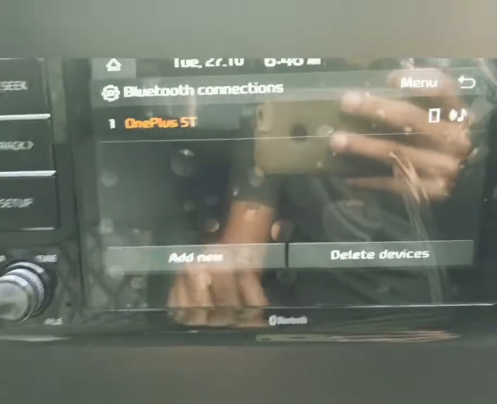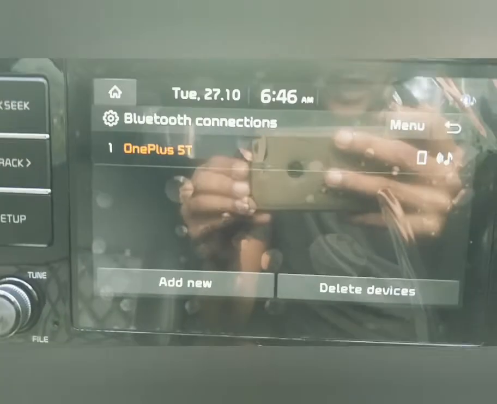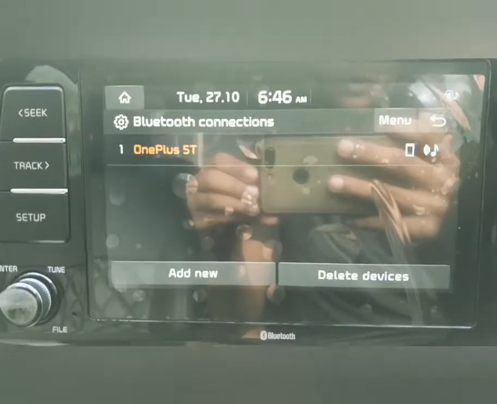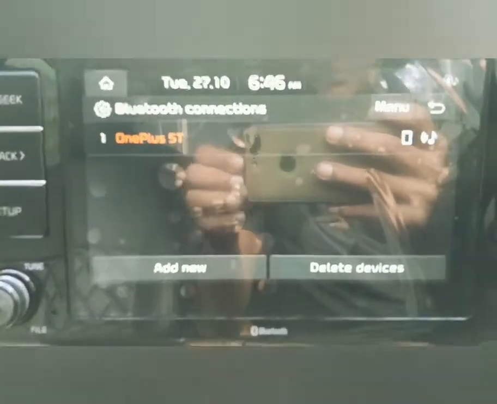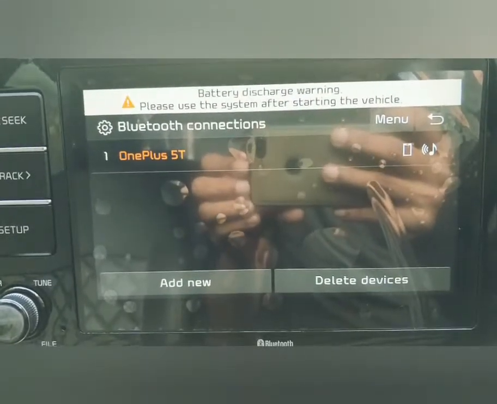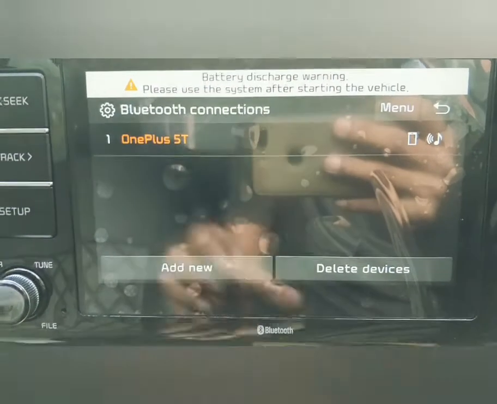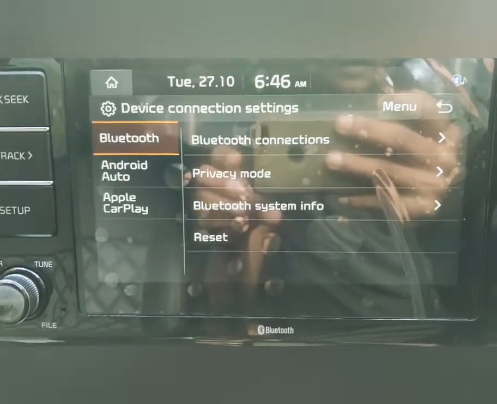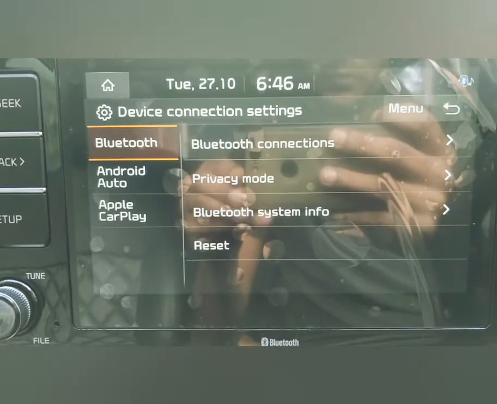And as you can see at the bottom, we have multiple devices that can be connected, and as you guys would have already known, we can connect two devices simultaneously at the same time. Alright? Please ignore the warning message because this will keep coming up as and when we keep going through the options. So Android Auto and CarPlay.